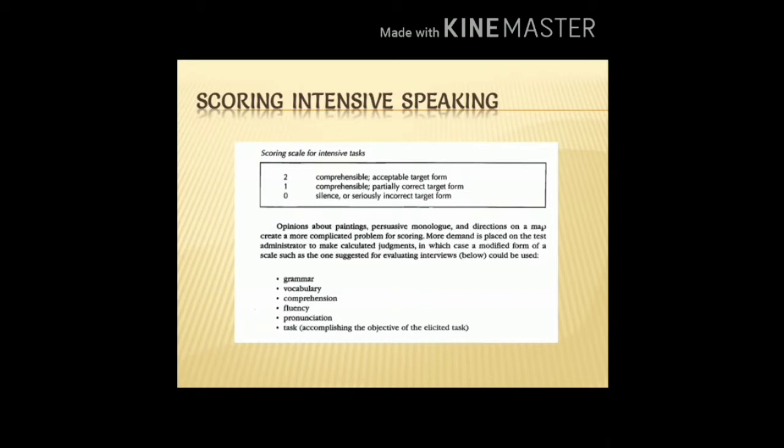Comprehensible, acceptable target form; comprehensible, partially correct target form; and silence or seriously incorrect target form. Opinions about paintings, a persuasive monologue, and directions on a map create a more complicated problem for scoring. More demands are placed on the test